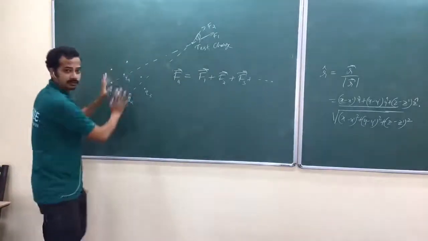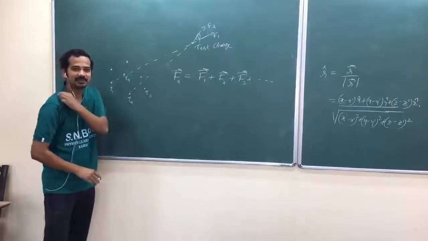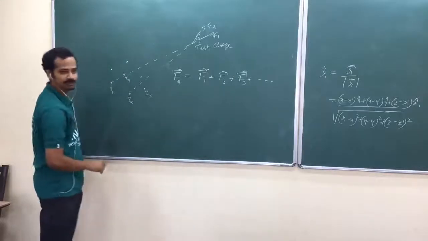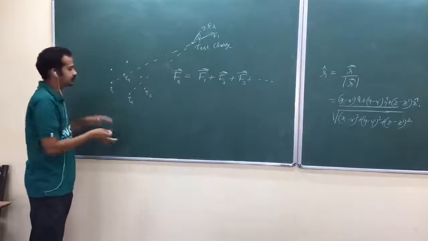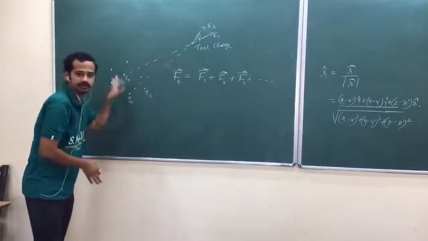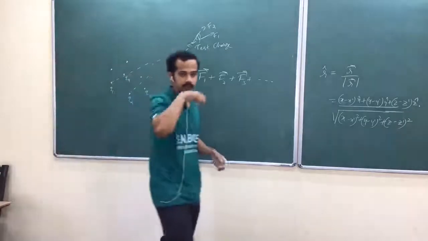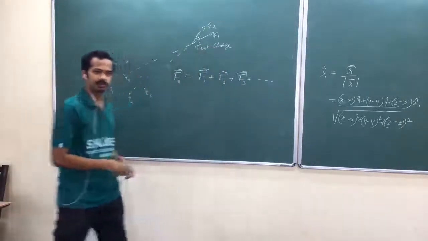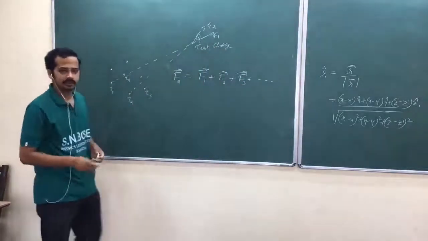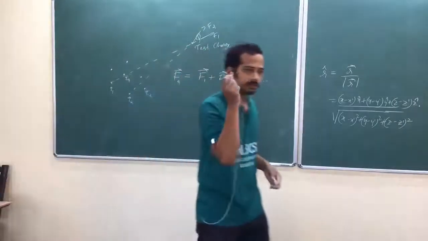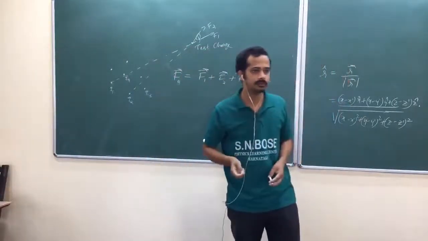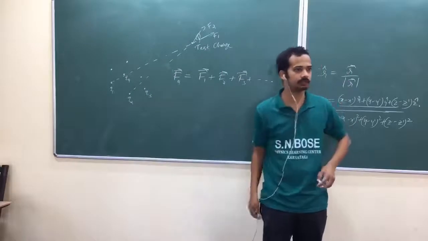Somebody is holding this one. That's why I told like that. Suppose you rubbed, suppose this may be a continuous distribution of charge. Maybe point charges are very difficult to hold, but still you can design. You can ionize something and put it onto one surface. Isn't it? You can hold even a point charge.